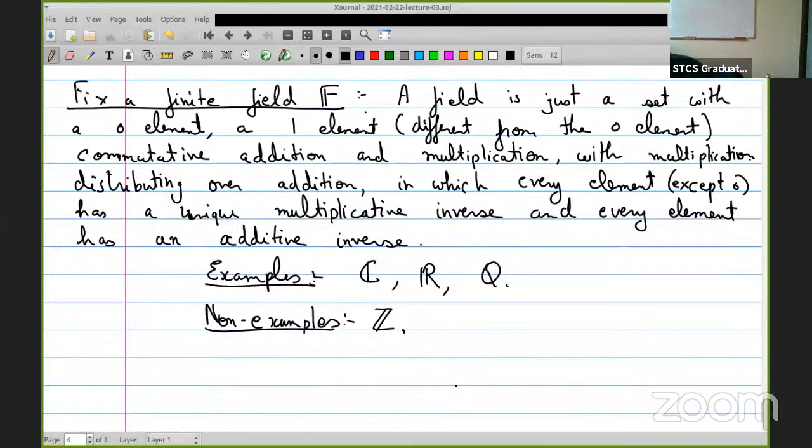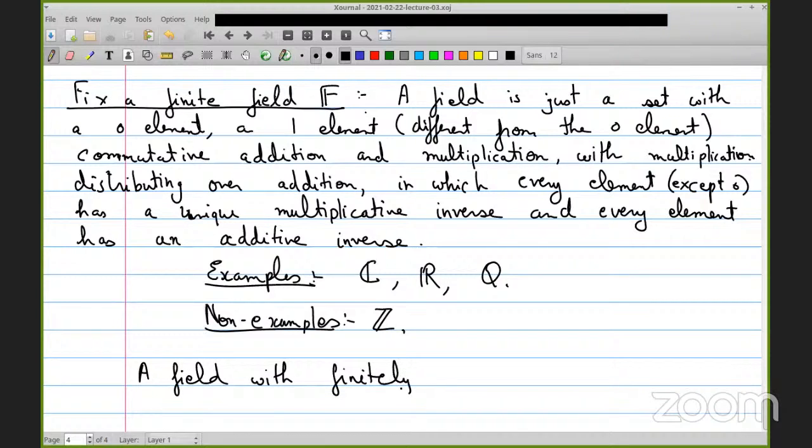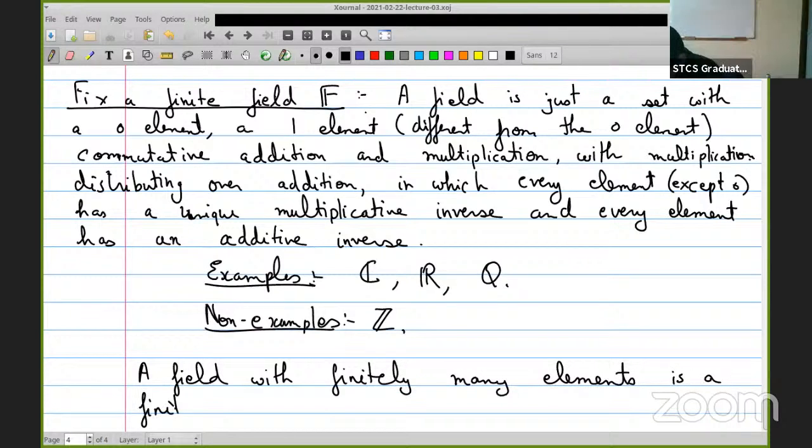Okay, so what is a finite field? A field that is finite is a finite field. That seems like a very facetious thing. A field with finitely many elements. It looks like all the interesting examples will be infinite, but that's not the case. If it's immediately obvious to you, please tell me how. But it's an important result that any finite field